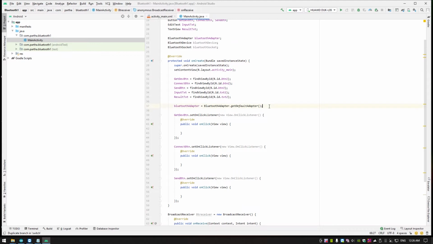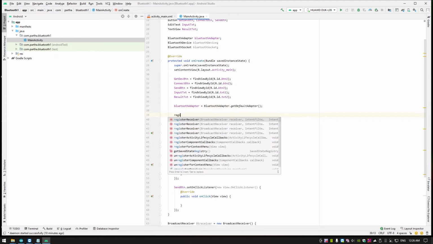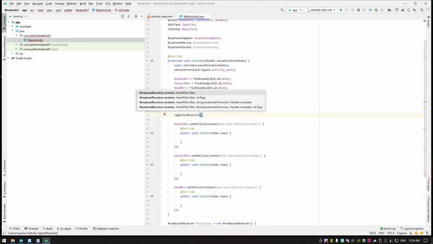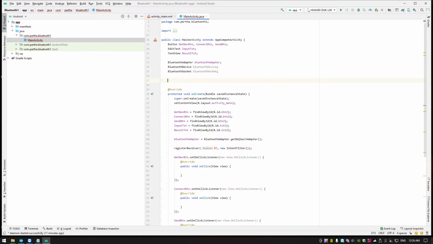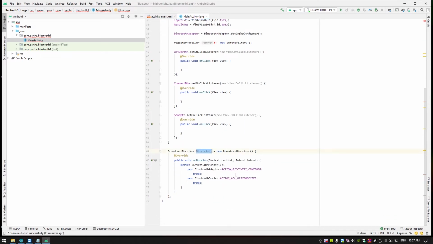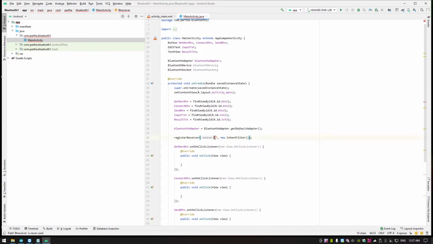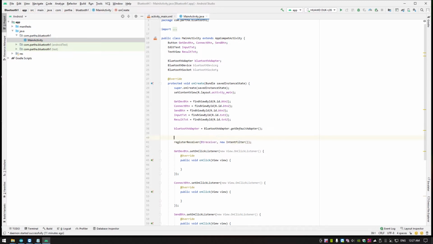Now you have to register the receiver. Declare the receiver. Declare a new intent filter.